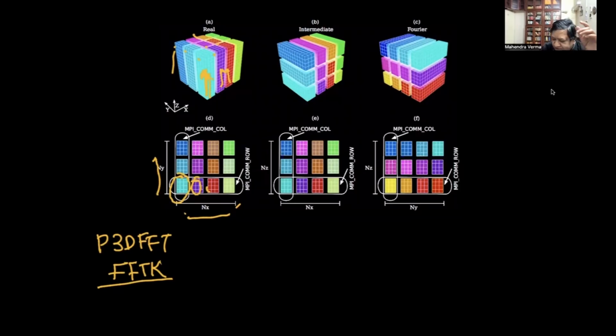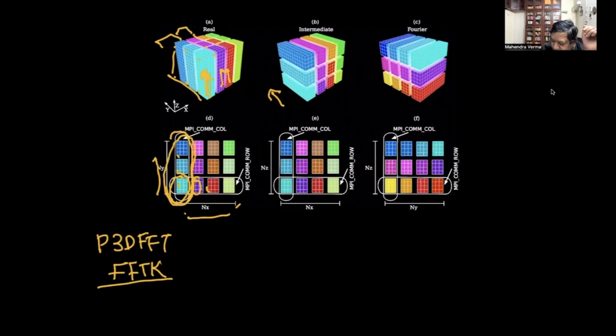Now, after I have done the Z direction, I would like to do the Y direction. But when I want to do it along the Y direction, the data is not available, right? The data, for example, if I go along that direction, is divided among 3 processors: 1, 2, 3, in the Y direction. So now we do the communication like before, all-to-all, but within groups of processors. These three will talk among themselves.